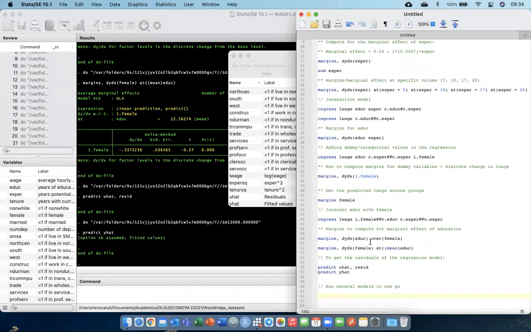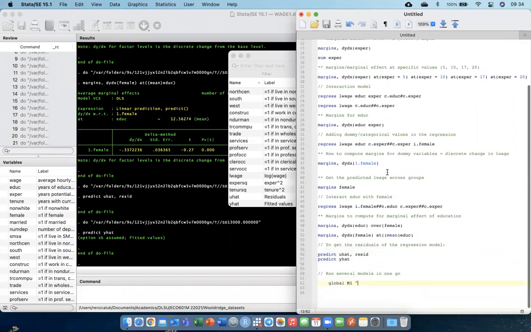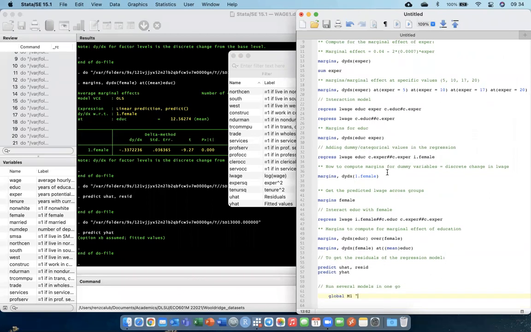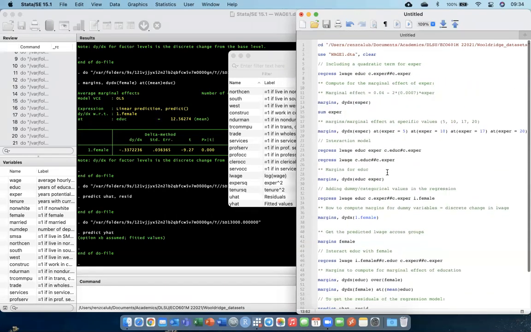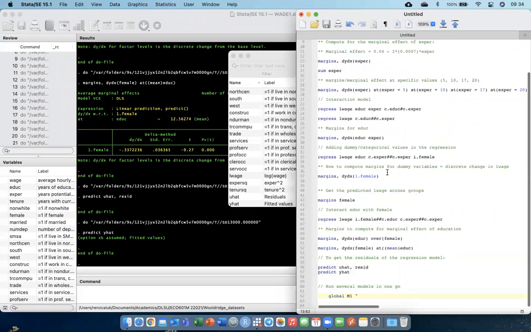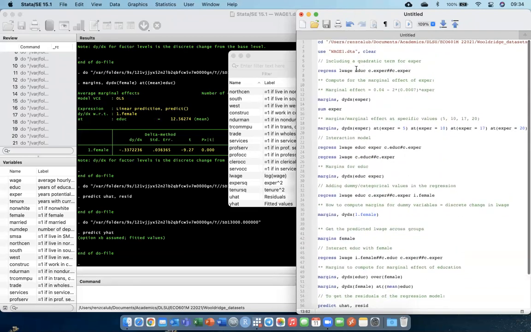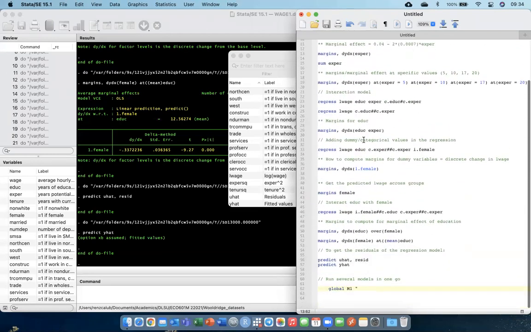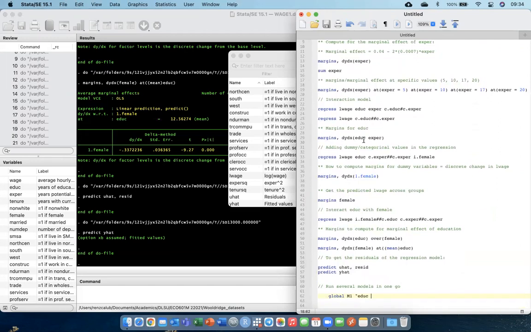So what I would normally do is set up a global macro. I'll set up a global macro, say global M1, that will sort of automate the process of running the regression. So we only have a single dependent variable, so that's not an issue. The case here is that we have several combinations for the independent variables, right? We have different specifications for log of wage. So we first did something like education and the quadratic term for experience. That's our first model. Our second model is